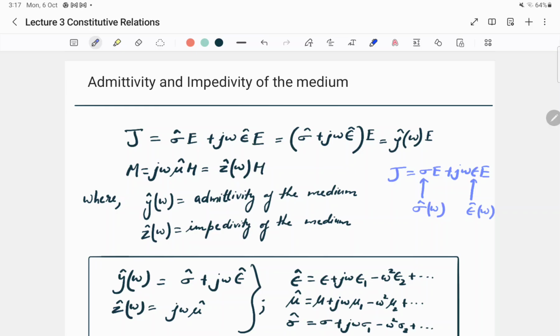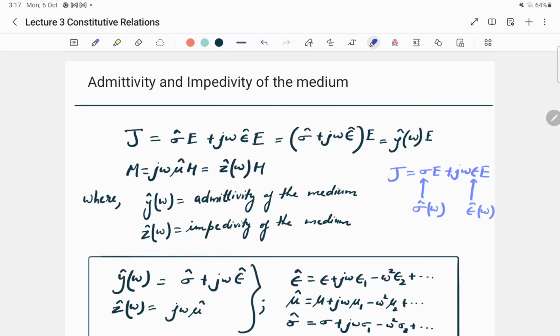So that is why I have written sigma cap and epsilon cap here. Now if you take this electric field E outside the bracket, we are left with this term, and this entire term inside the bracket is denoted as Y cap omega,